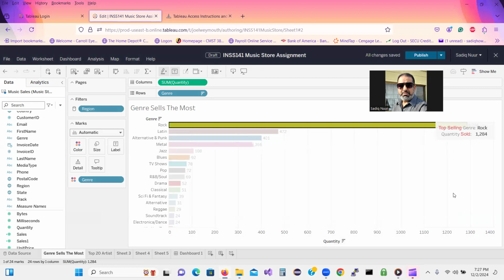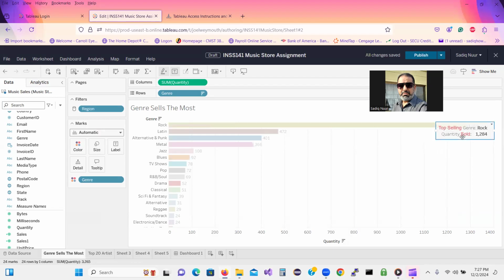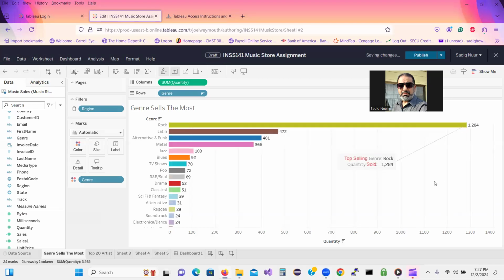Now we need to move the mark because it's over the bar, right? So click until you see the blue border, and then you see the four white arrows, hold the left key and drag it wherever you want this to be. That's the first exercise. The first worksheet is done, right? As you are doing your work, you will notice that it says draft because I still did not publish it